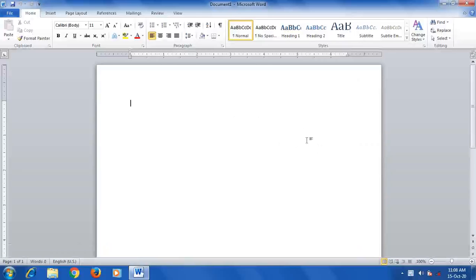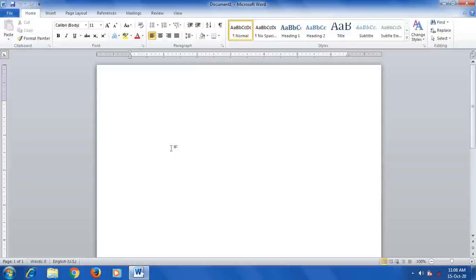Okay. So we can save this document in different ways. You can use the menu buttons, you can use the shortcut keys. You can use any one method to save your file. First of all, why we need to save a file, that we will see. Why it is required to save: if you want to open this file in future, in that case this file should be saved in your system. If you have not saved this file, then next time if you want to continue your work in the same file, it is not possible to access. To access this file in future use, this file must be saved.